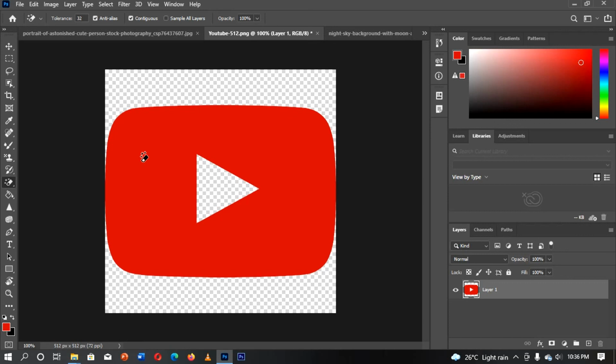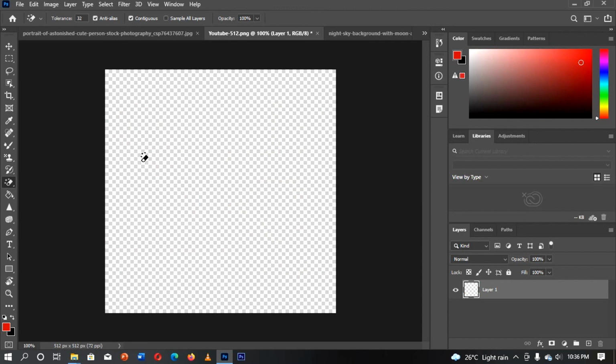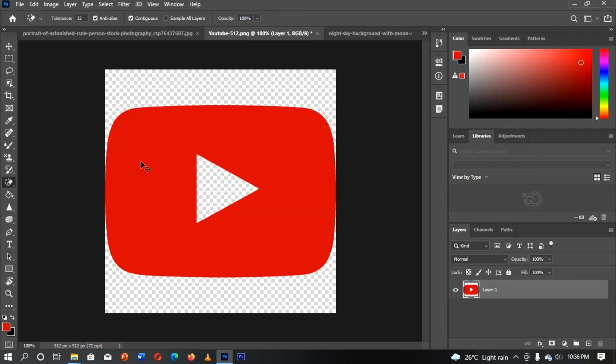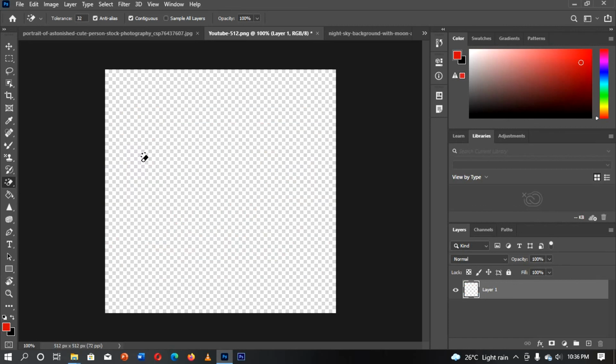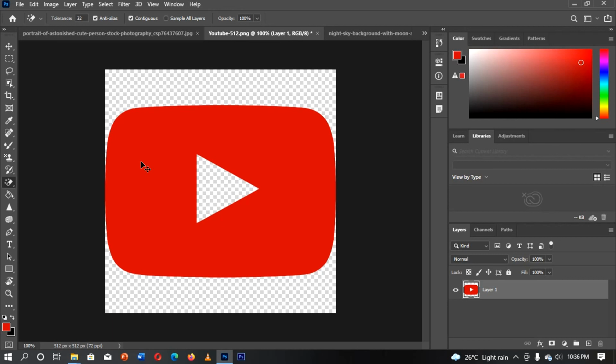So with the help of the magic eraser tool, with a single click, it's going to erase all the similarly colored areas. So that's the use of the magic eraser tool. It's a very interesting tool. It's a very nice tool that is found in